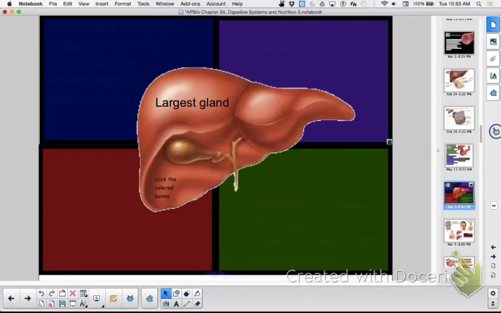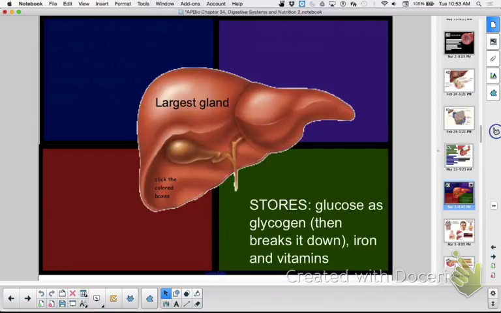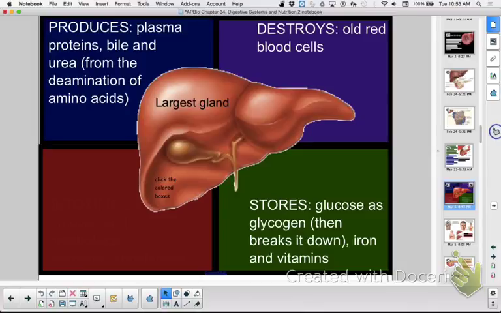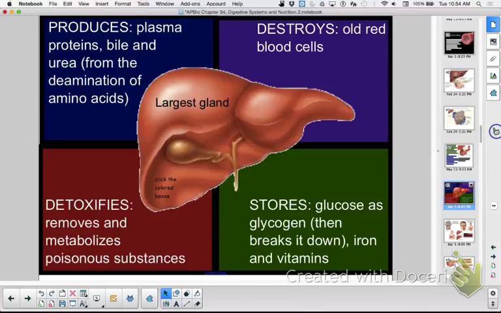So your liver has multiple functions, and Slate, why don't you go over them as I create them? All right, so your liver